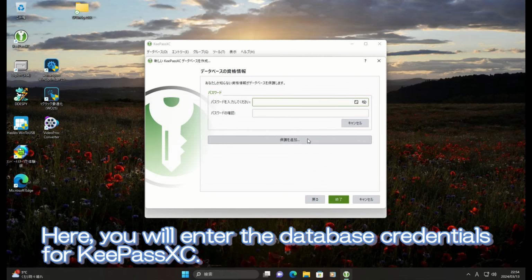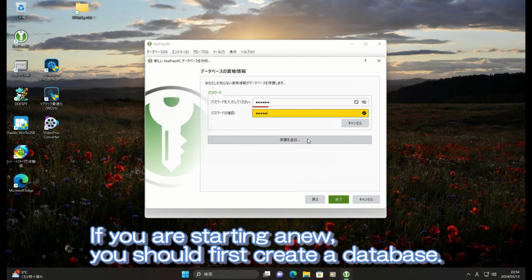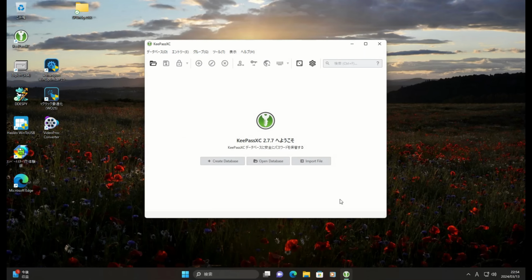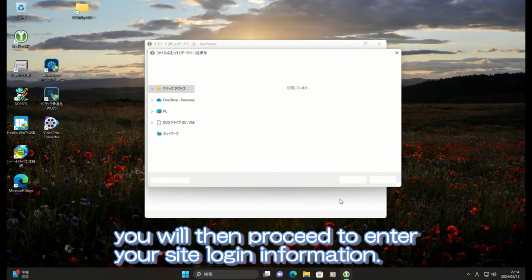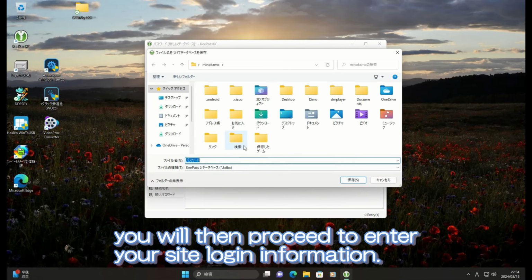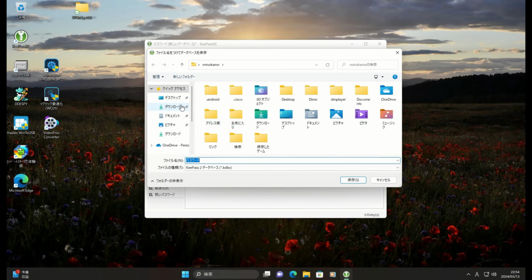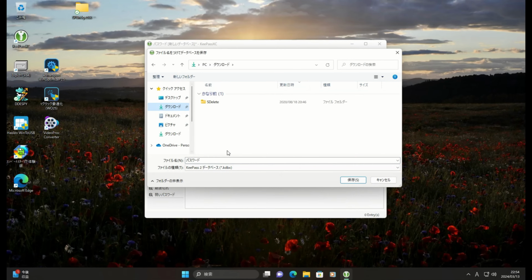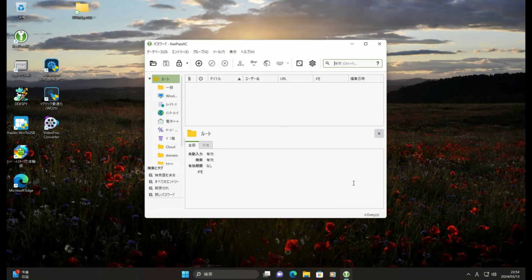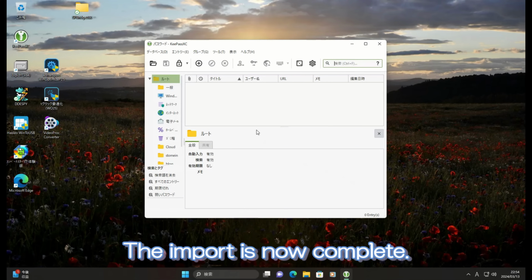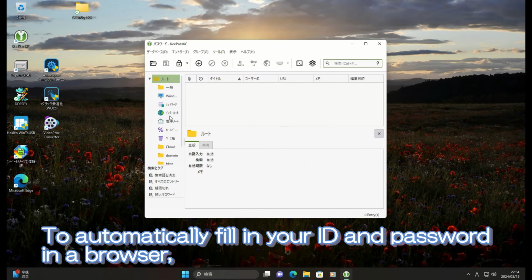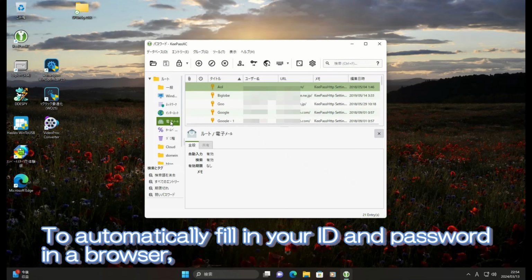Here, you will enter the database credentials for KeePassXC. If you are starting anew, you should first create a database. For first-time users, you will then proceed to enter your site login information. The import is now complete. To automatically fill in your ID and password in a browser,